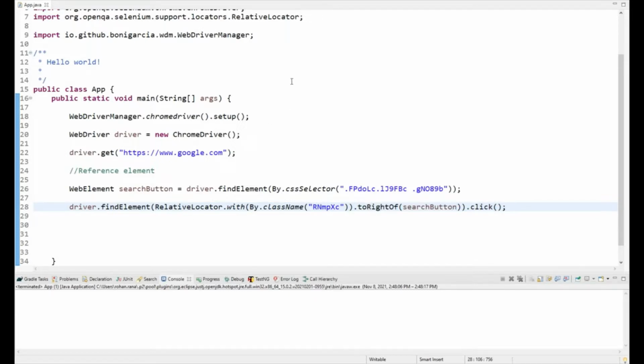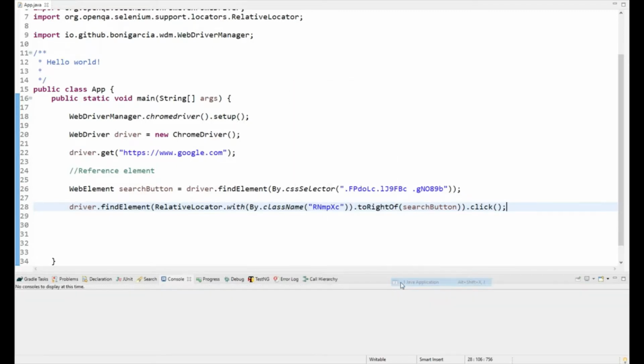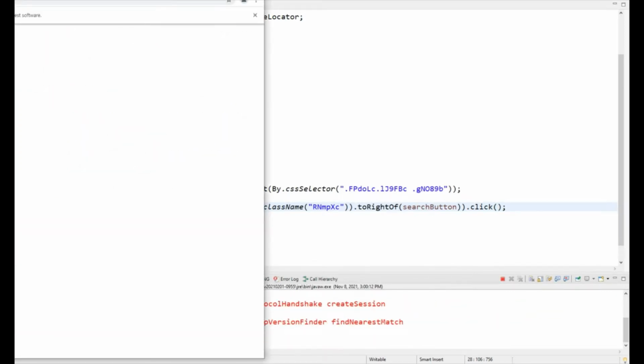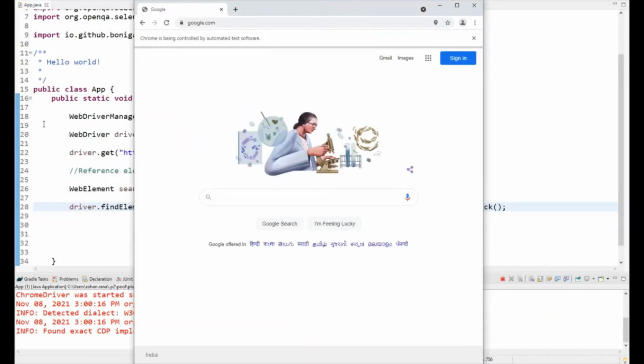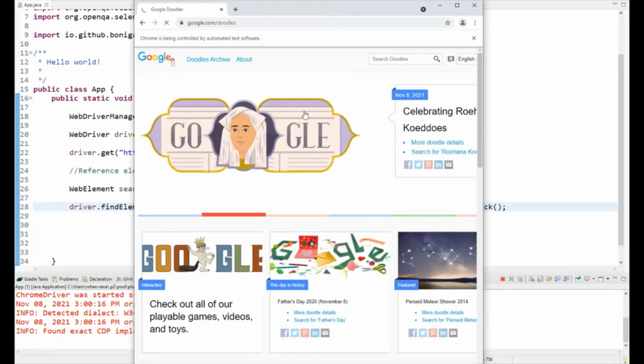Let's try to run it and see if it is working. It should click on the I'm Feeling Lucky button. Let's see. See, it clicked on the I'm Feeling Lucky button. We have taken the reference of a nearby stable element and told it that this element is right of that search button.